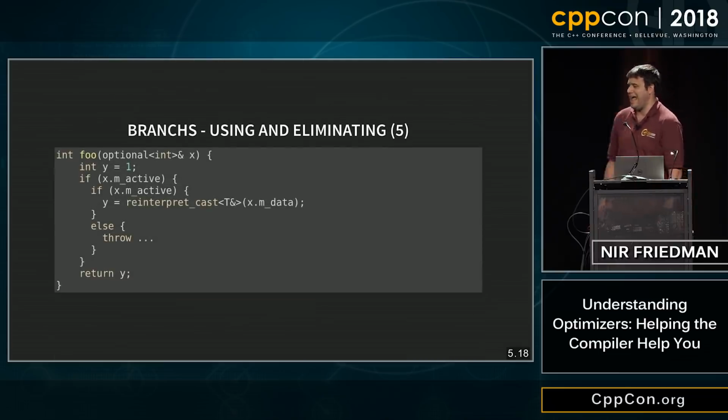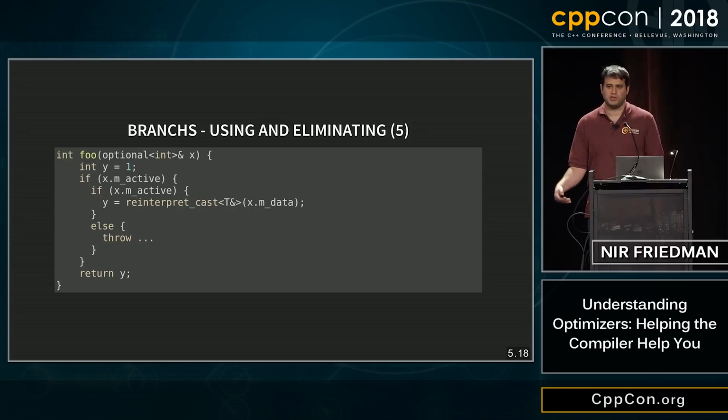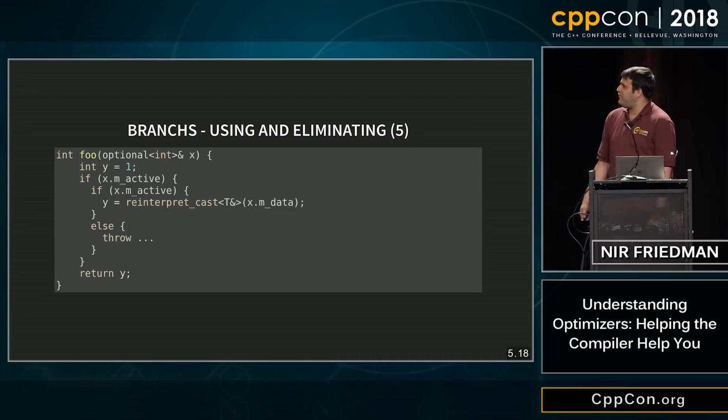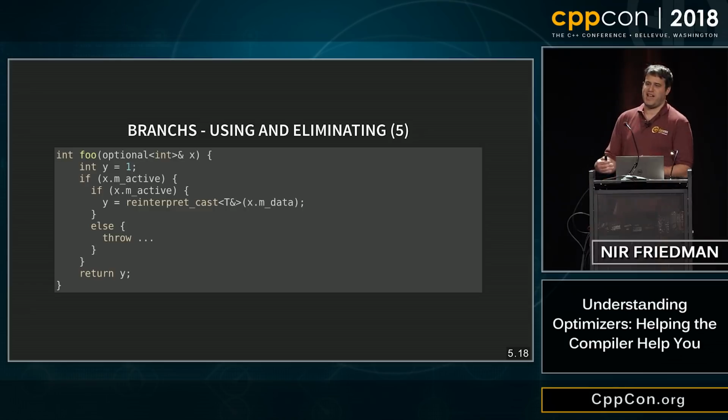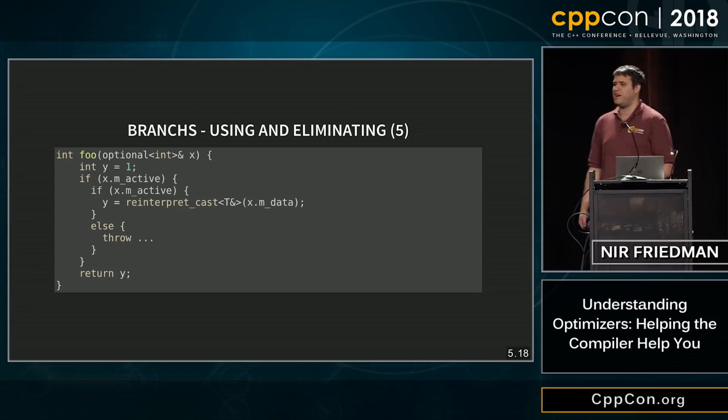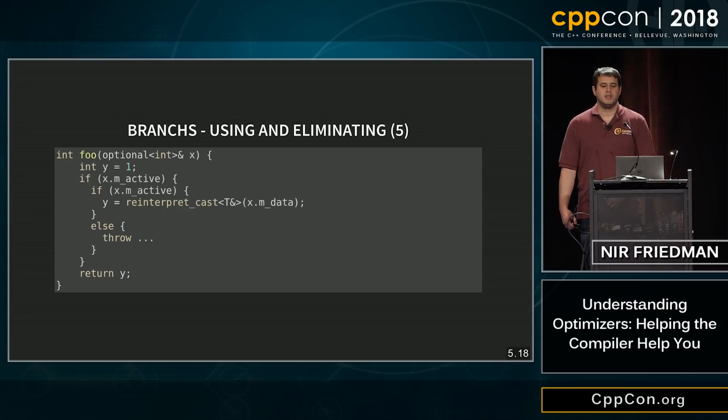Okay, so here's the original code. Here's what it looks like. All these functions are really short, and they're going to get inlined. And what happens? Well, if you're in the m_active branch, then m_active is true, right? I mean, that's pretty easy for you to figure out. It's pretty easy for a compiler to figure out, too. So the second branch just vanishes, and you just don't get any of that junk.